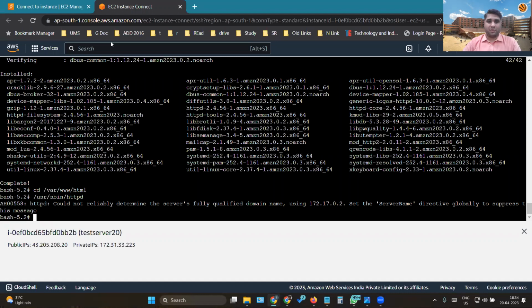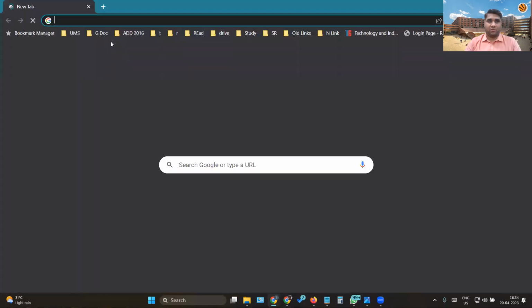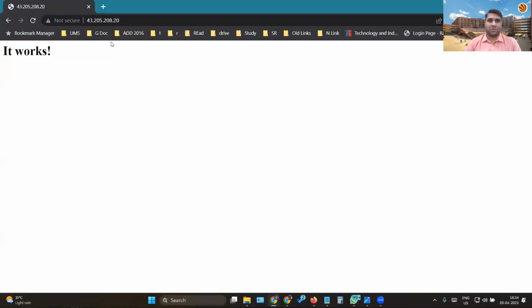Okay, let's check now. There it is. So now what we have done is we have just created a simple website. This website was hosted on the Docker container. With the Docker container, when we hosted this website through this IP address, we are able to just launch it. We have just given a simple HTML prompt, which is "it works."